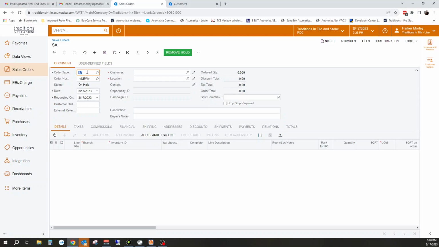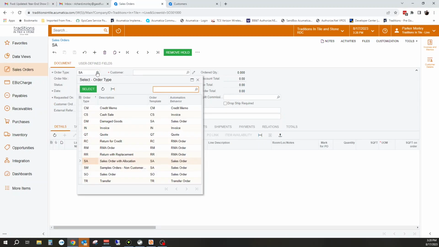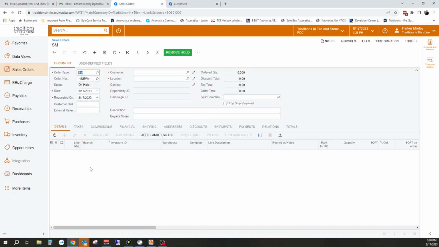By default, our sales orders come up as SA. This is incorrect. That's a normal customer sales order. We want to make sure we're picking SM for samples. Why is this important? Several reasons. The main reasons are this affects inventory accounting,